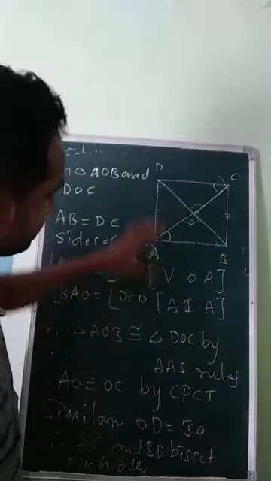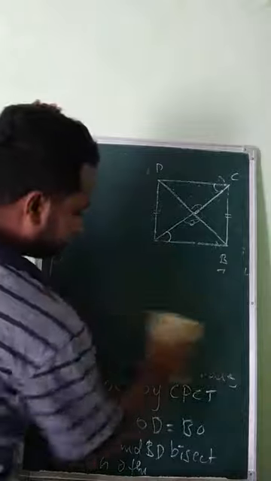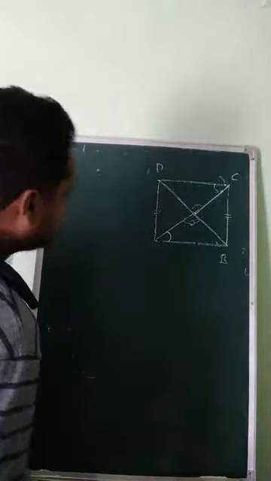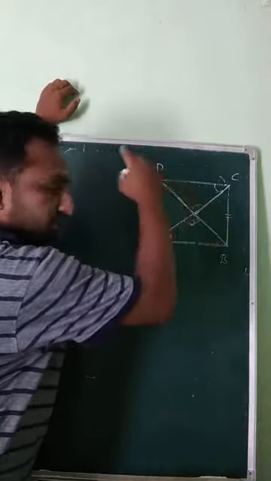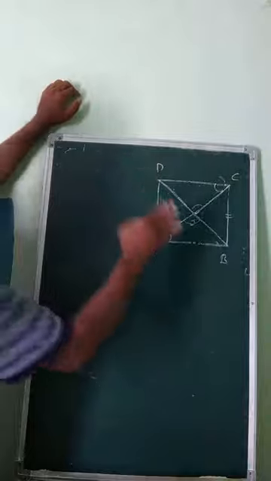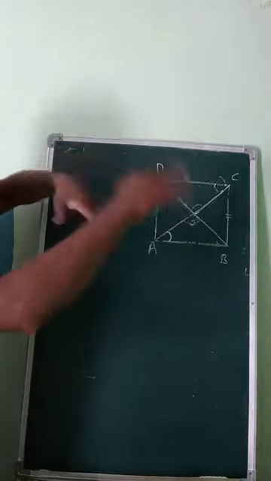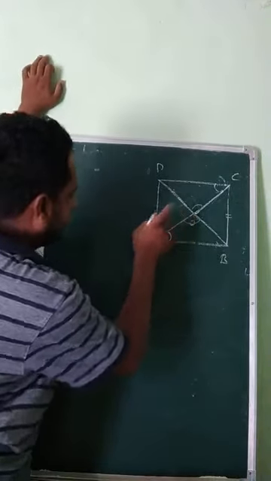Now come to the next third point. So I remove this one. Yes, see here. Now see the third point here. How to prove that these are perpendicular to each other? Again the same, I will take these two triangles here. Correct? Now very simple. By using the property you can easily prove that. Now take this triangle and this triangle.